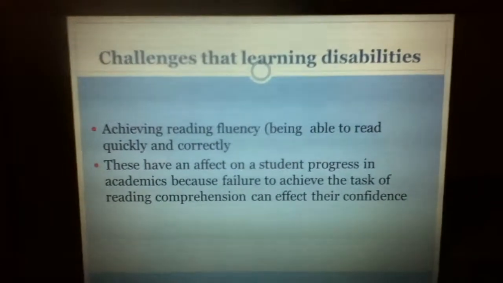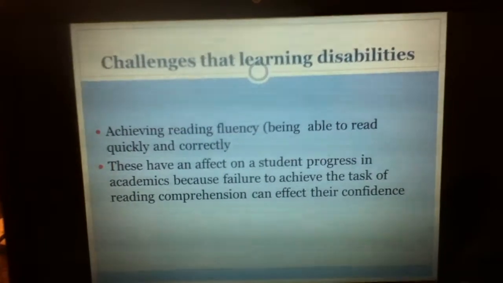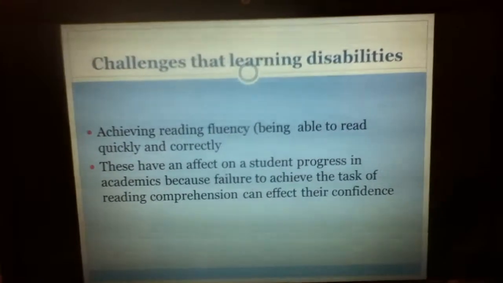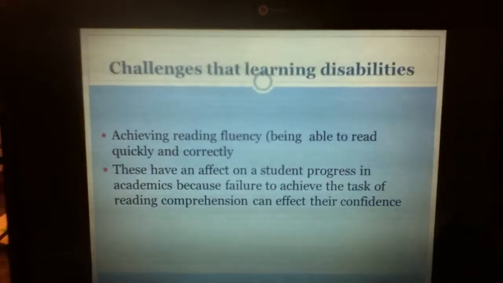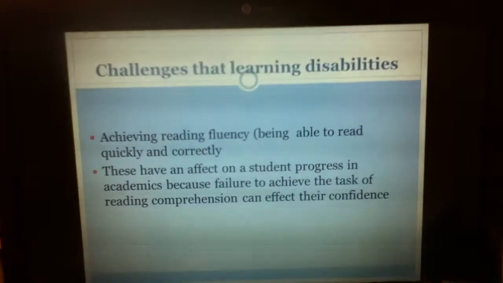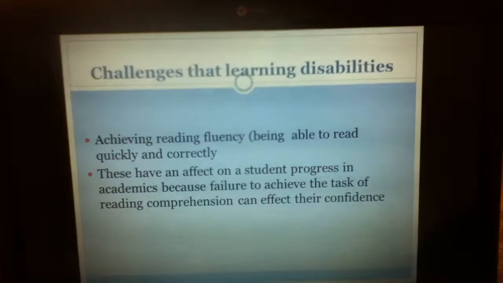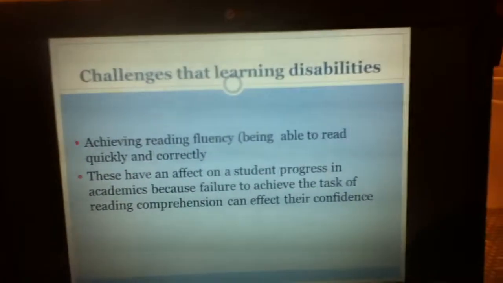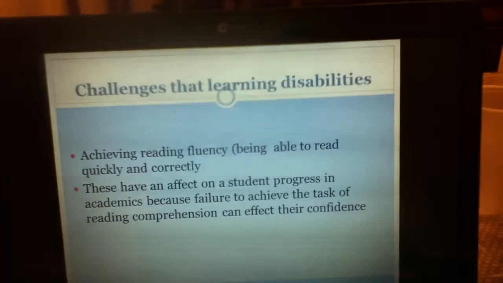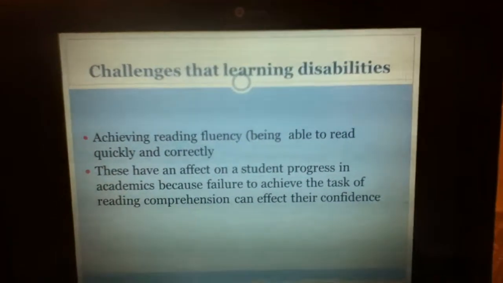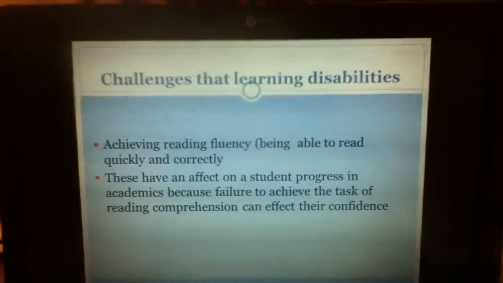The challenges that people face with learning disabilities are achieving reading fluency, which means them being able to read quickly and correctly. Not only reading quickly and correctly, but also comprehending what they read as well. Now these have an effect on a student's progress in academics, because failure to achieve those tasks does result in an effect on their confidence level as well, which not only affects the academics, but also their lives outside of